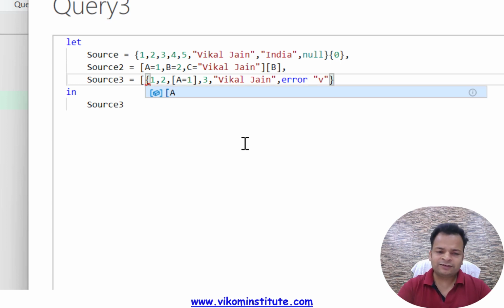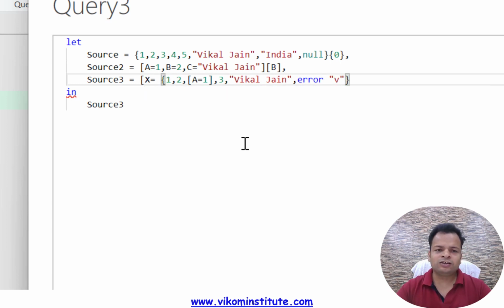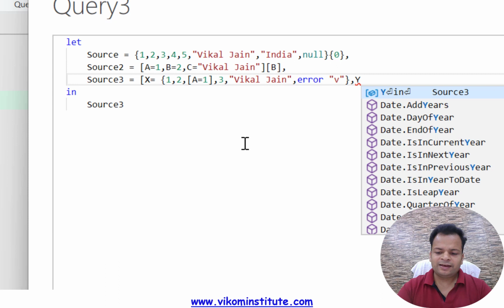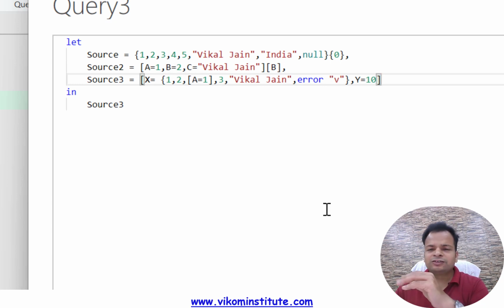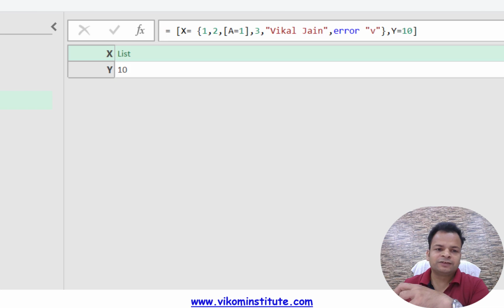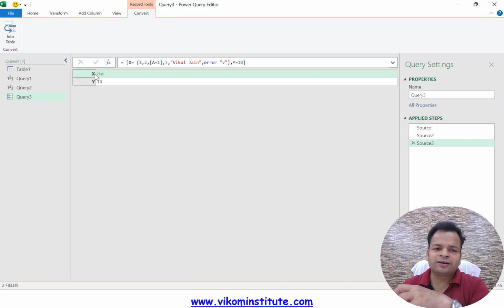Let's say this record name is X equal to this one, comma, Y is equal to 10, and curly bracket and square bracket. You will see this time this list is in a record and the record is in a list. Now this is completely nested. Now click Done, and you will see this time we have a record, and if you click on it, here we have the list.